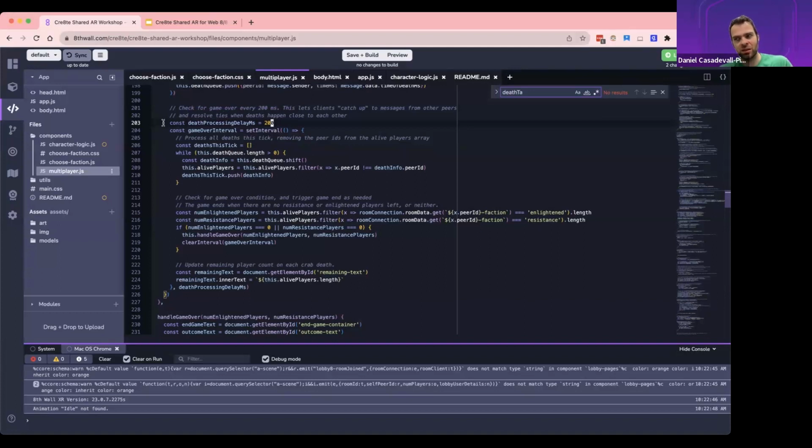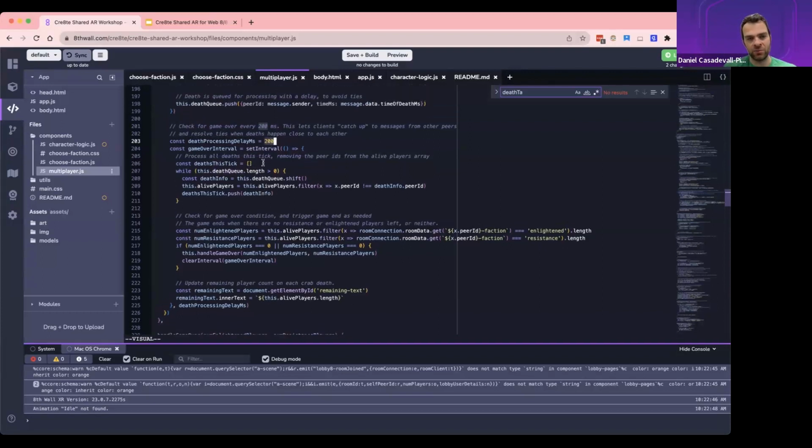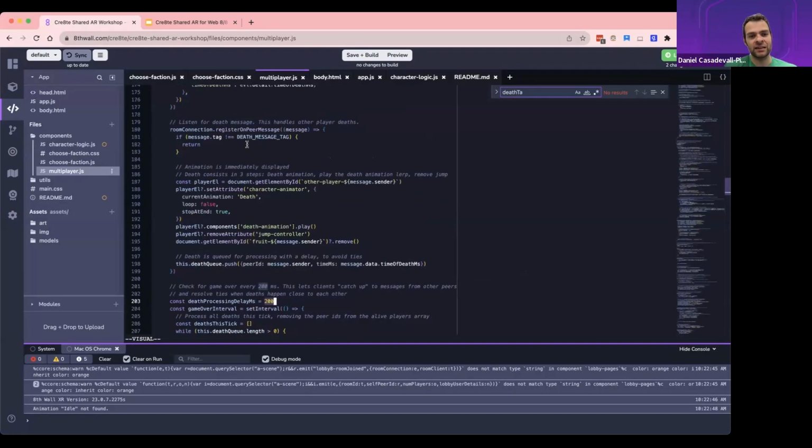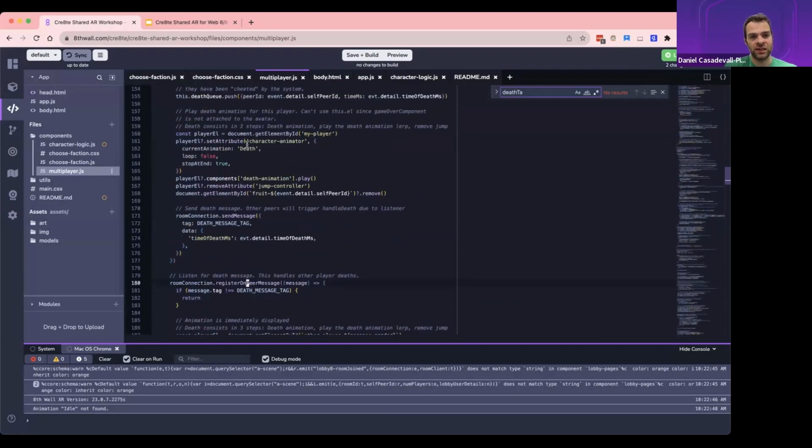Developers call this different things: event queue, task queue, delayed task queue. What this does is you create a queue that every X amount of milliseconds, in this case every 200 milliseconds, processes deaths. So rather than immediately accounting myself as dead when I die, or when someone dies,